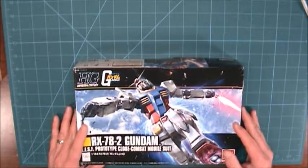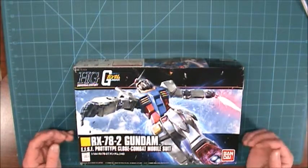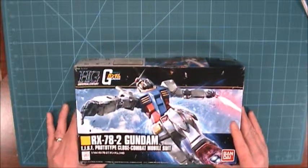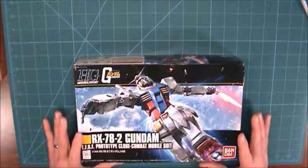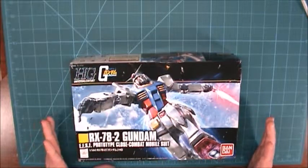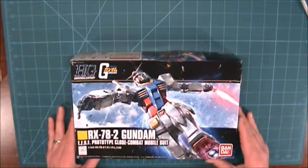But there's little things you can do to them. Many people paint them to get a better color variation in the paint jobs rather than it just being white plastic. They'll use subtle tones of paints to get more depth in the kits. Now, I may try to do some weathering, painting, color modulation. I might try to make this a pinnacle of my Gundam building experience, to give it a weathered, beaten, used look for a giant fighting robot, or mobile suit as they are, because